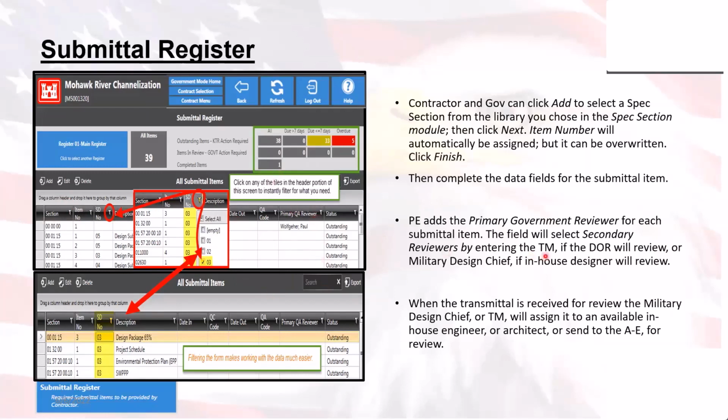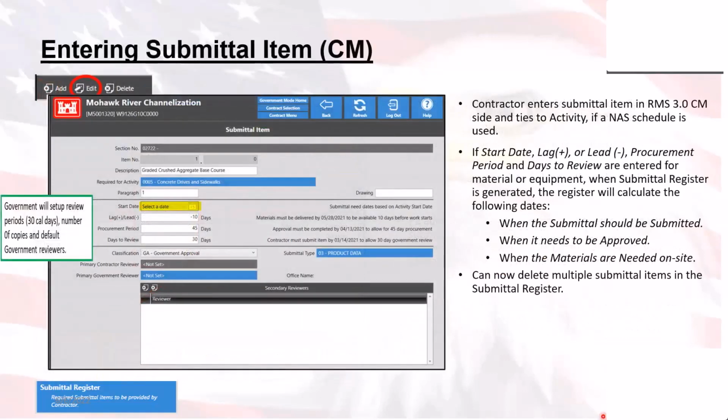Now, the submittal register is more of a table of contents. We always have to have the beginning of it, the submittal, and once you have the submittal register set and created, then you can start adding the stuff into there through the transmittal log. When we go to enter the submittal item,